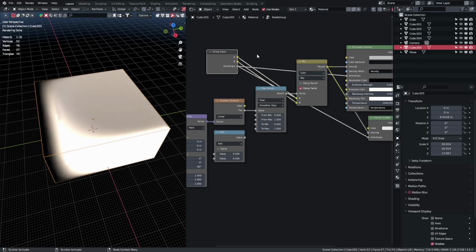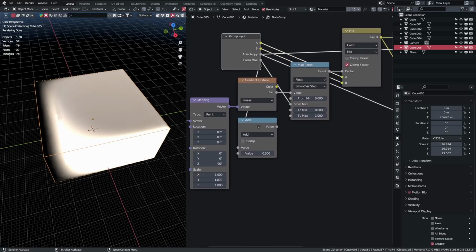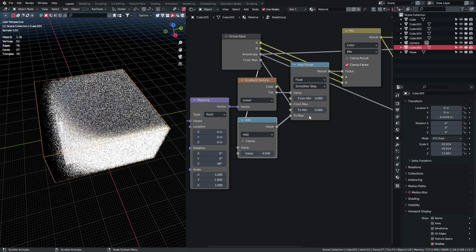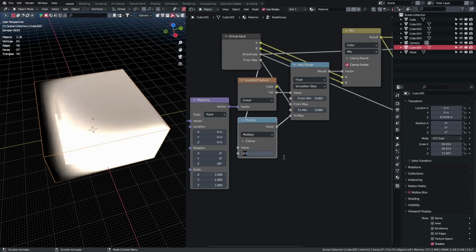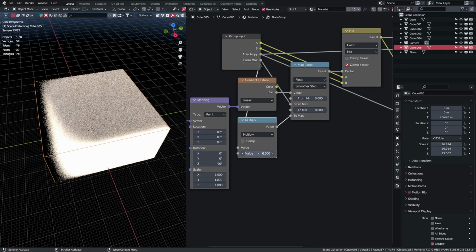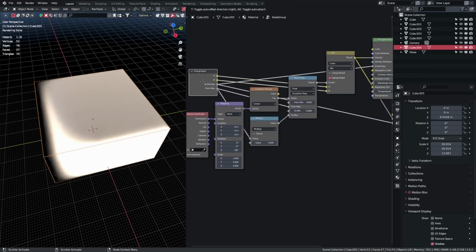We are then going to plug in our from max on our map range. And we're going to take this from max and also plug it into the top value of our math node. And now that we've done that, we're going to plug this into the to max. We're also going to change this to multiply and set this second value to number 3, which is going to make that number 3. So it's multiplying by 3. And then